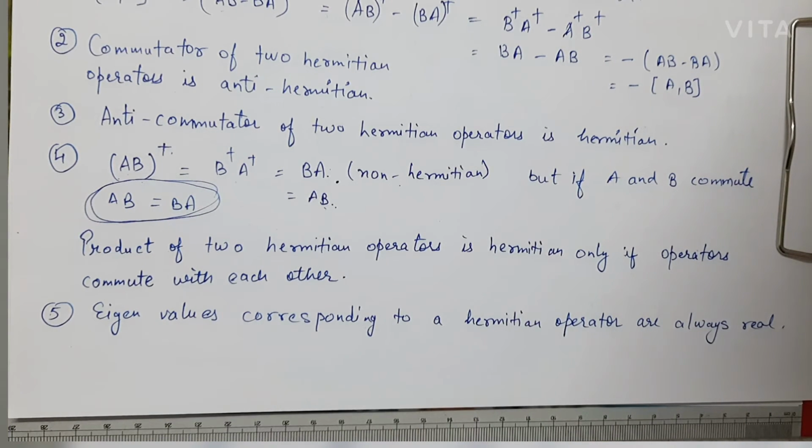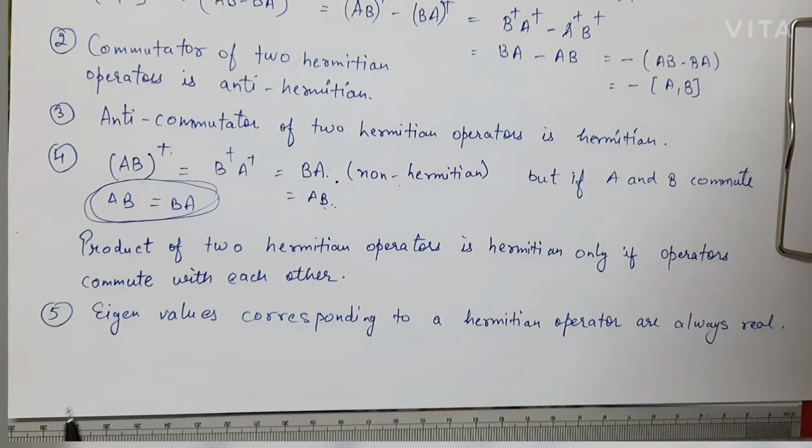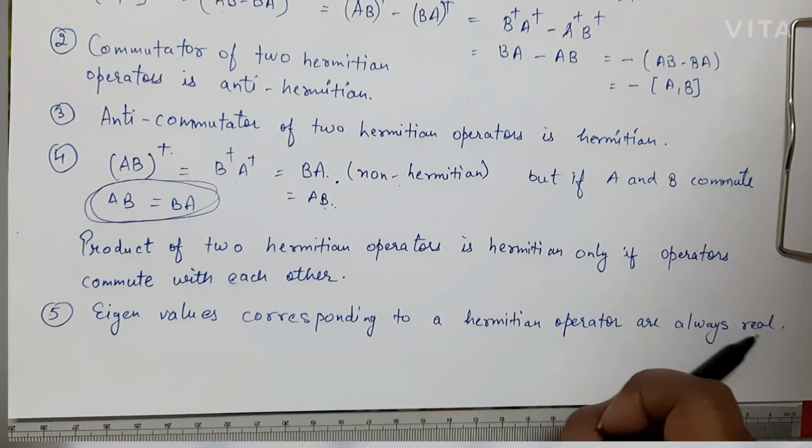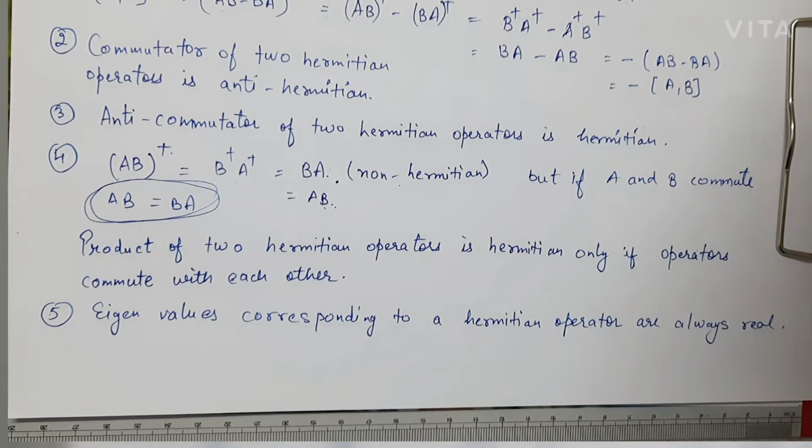So I can prove that also, but we need not go into that much detail. If you want, then you can comment down below. I can make a separate video on that, but in this video we are not going to discuss the derivation part of it. Okay, so you can simply understand one thing, that if you're getting the eigenvalues after solving an eigenfunction, that eigenvalue should always be a real value and not an imaginary value, right?